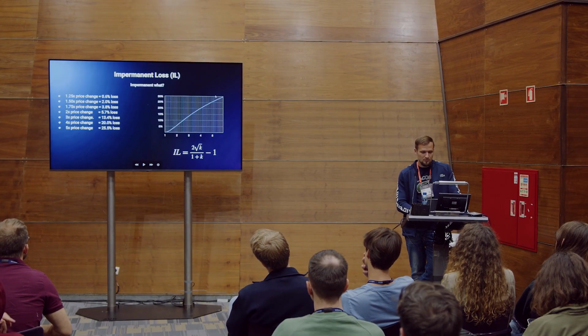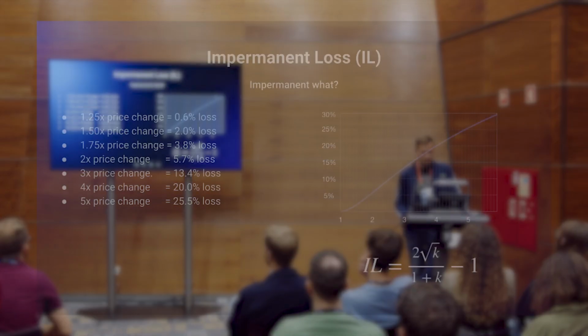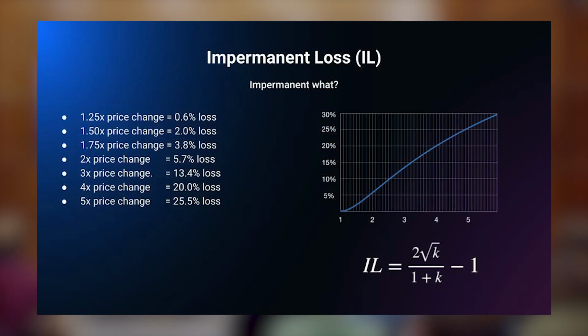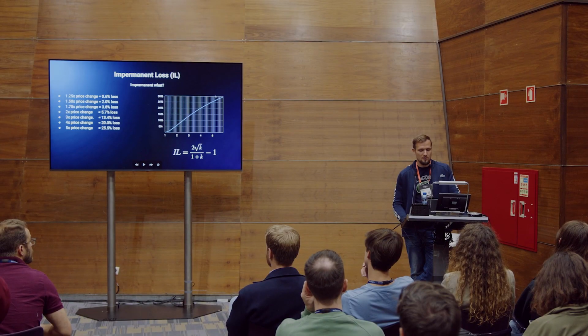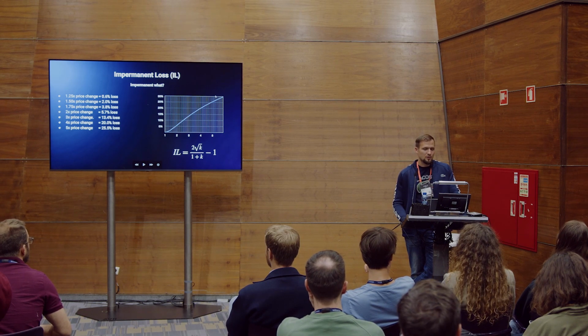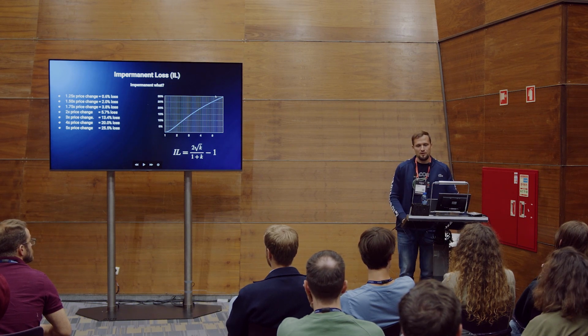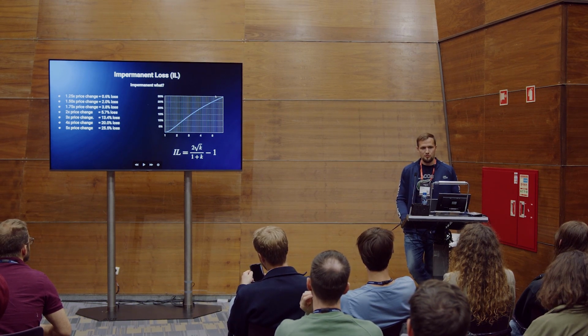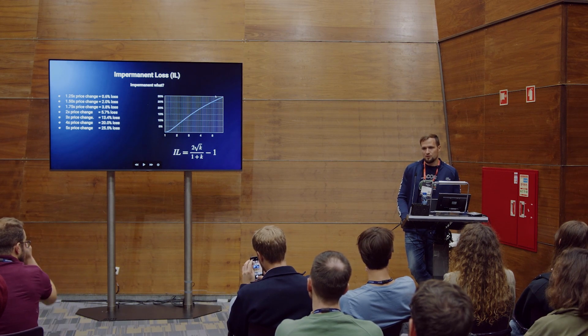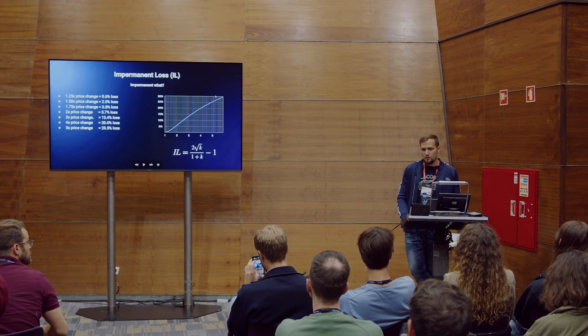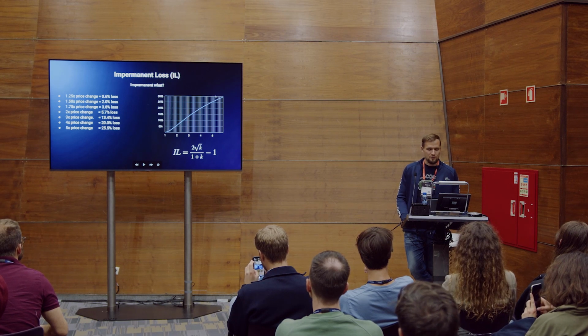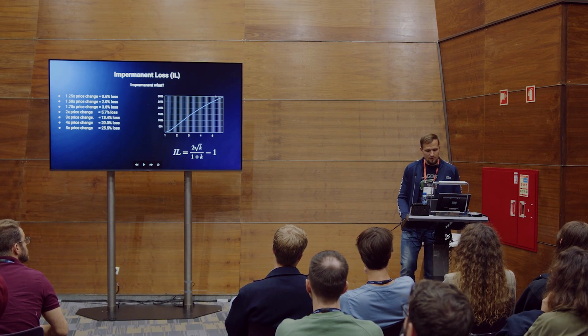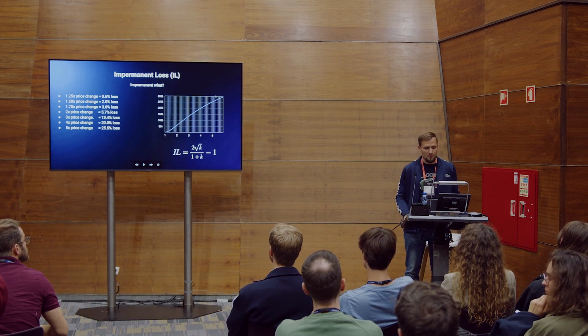And here we come to impermanent loss and what it is. If you put your assets in something which is rebalancing, like a Uniswap V2 pool, it's different compared to having your assets in your wallet, because it's changing amounts. For example, if you have Ether with USDC, if Ether is dropping in price, you will have more Ether. If Ether is growing, you will have more USDC. It's like buying something for you which became cheaper.